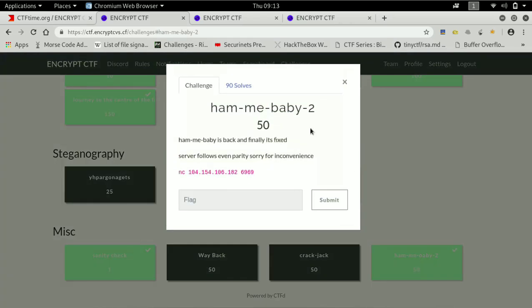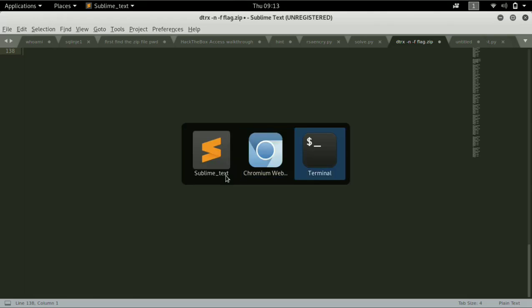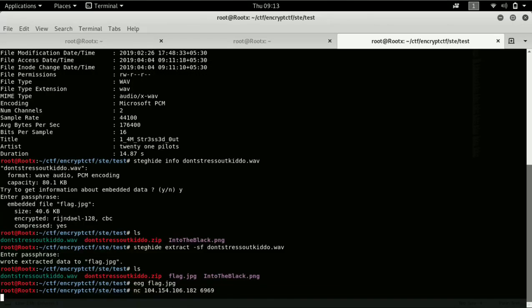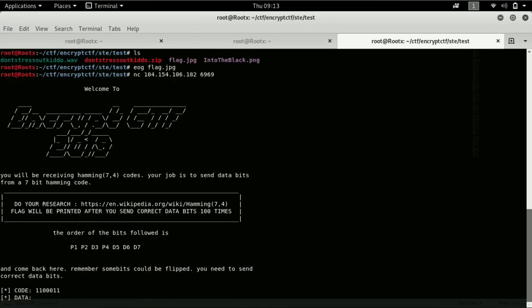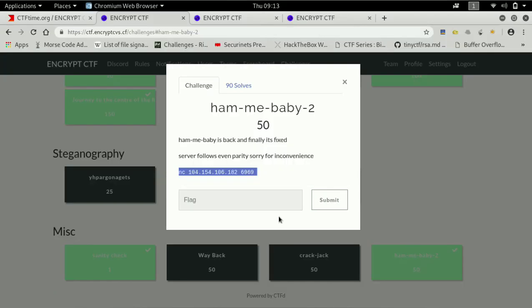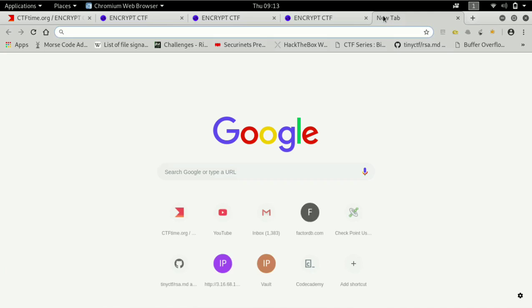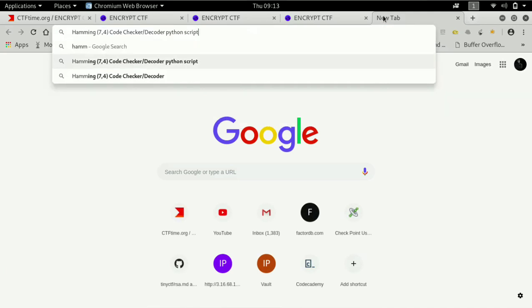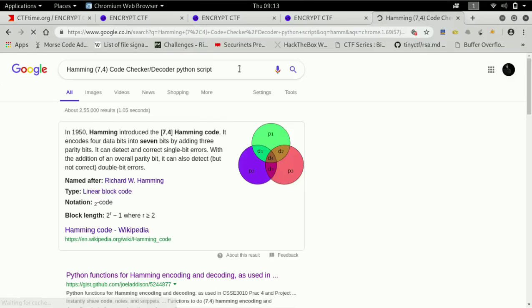Okay, let me try the Humming Baby challenge. It's like some binary. Okay, it's binary. We have to decode it, but the problem is we have to decode 100 times with a Hamming code decoder.